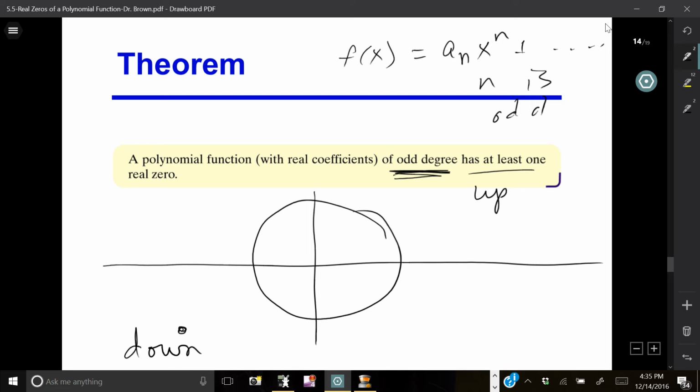So if it starts down here and ends up here because it's an odd function, or